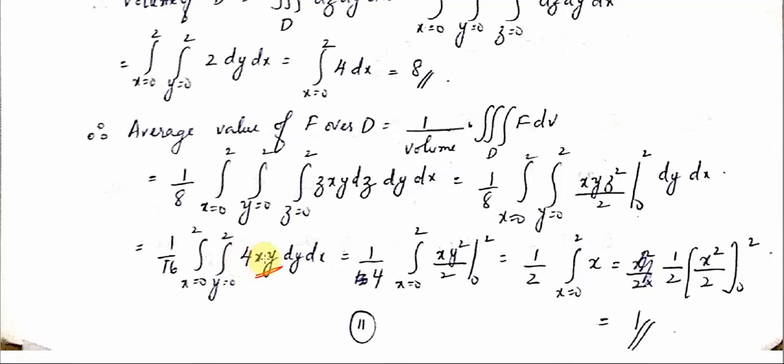So y, you are integrating next. When you are integrating y, you get y square by 2 within the limit 0 to 2. Substituting y as 2, you get 1 by 2 times the integral of x, x varying from 0 to 2. So again integrate for x, you get the value as 1. Okay, all these integrations you can just do on your own, I don't have to explain, but still I'm explaining it in case there is any confusion.